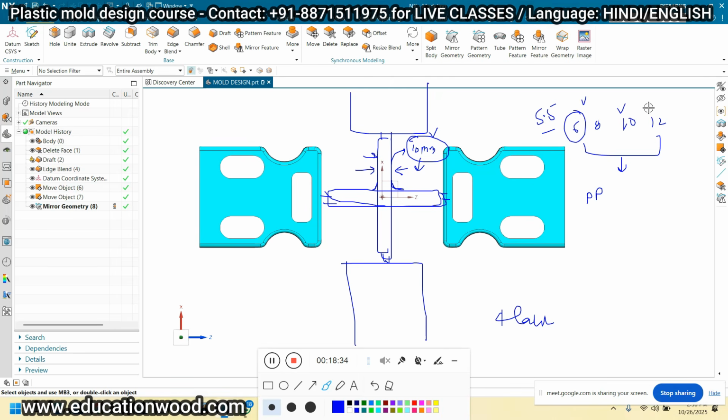Now, 12 mm you can take, 14 mm you can take, but for more viscous materials like PC or PVC, which are more viscous than PP, we have to use 12 mm, 14 mm, depending upon the calculation also, right?